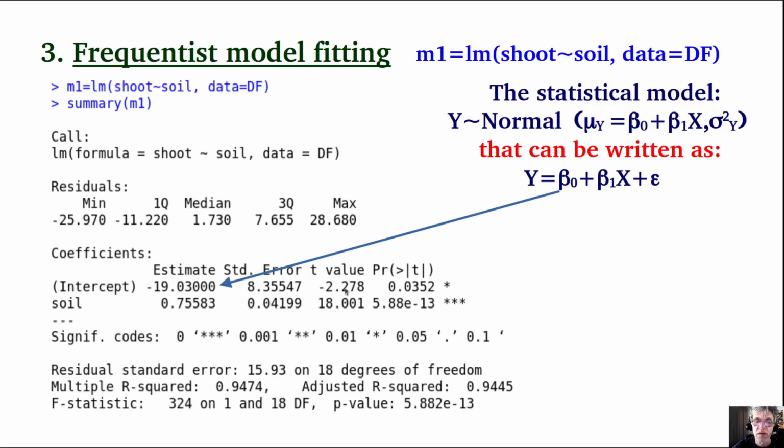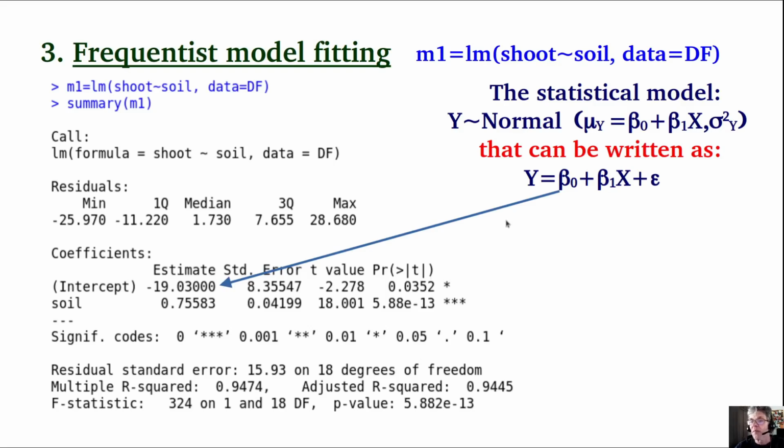This t-value corresponds to the ratio between the estimated intercept and its standard error, and this p-value simply detects whether this estimated intercept with a given standard error is significantly different from zero,